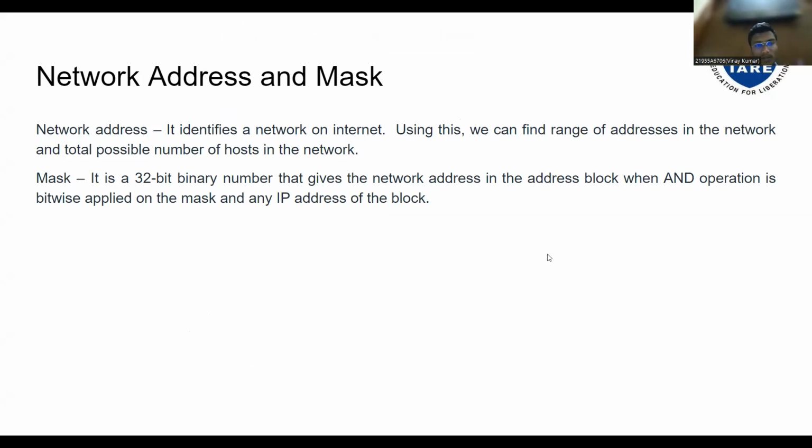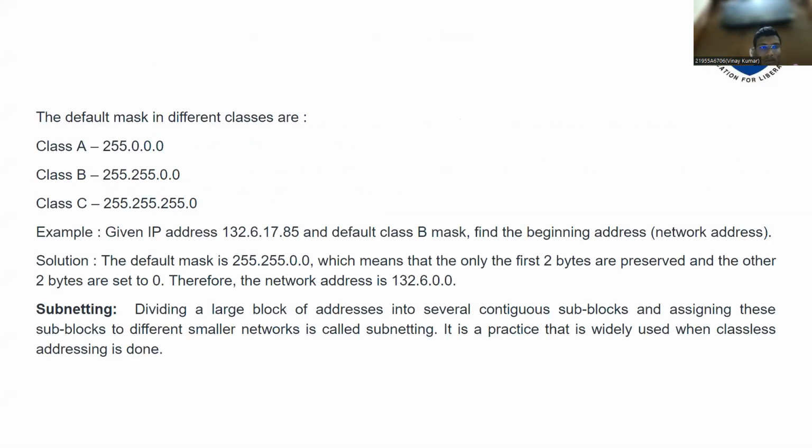Mask is a 32-bit binary number that gives the network address of the address block when an AND operation is applied on the mask and any IP address of the block. The default masks in different classes are Class A, Class B, Class C. Class A has 255, 0 to 255 range. In Class B,